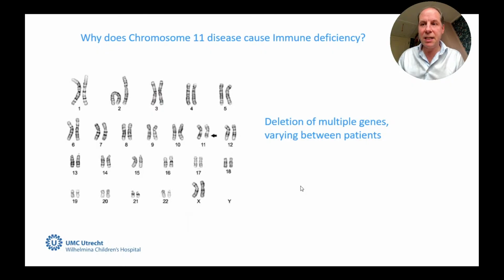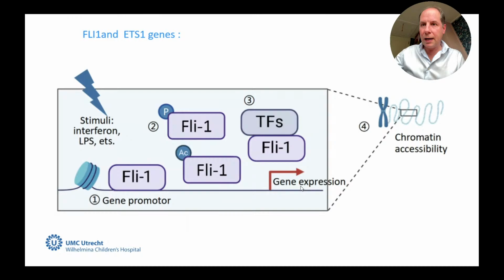But for some genes, missing one copy is already deleterious. On the part of chromosome 11 that's missing, there's a number from 6 to perhaps 20 or more genes, depending on how big the part is that's missing